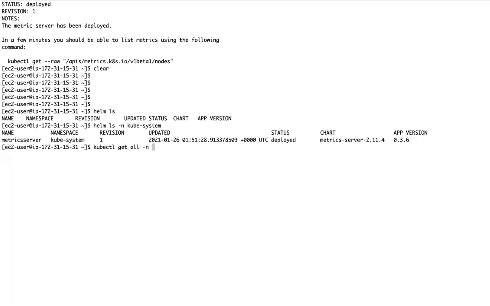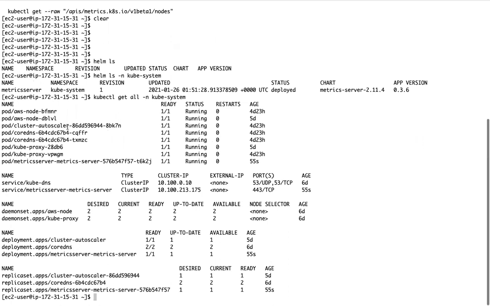Now, do you see metrics server is installed in kube-system namespace? Let me see. Do you see that metrics server is installed 55 seconds ago? Do you see a service created for metrics server?